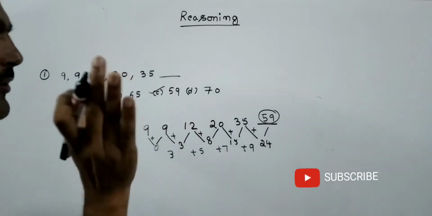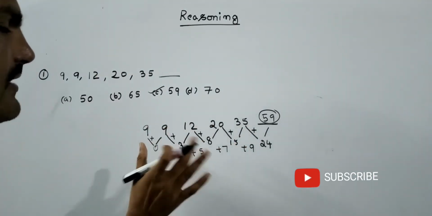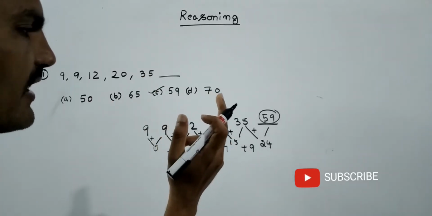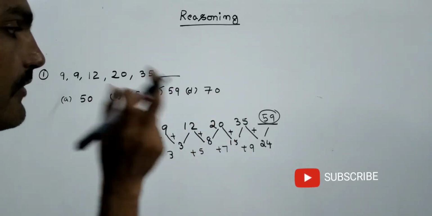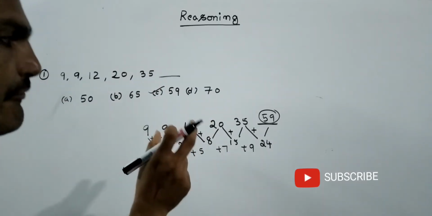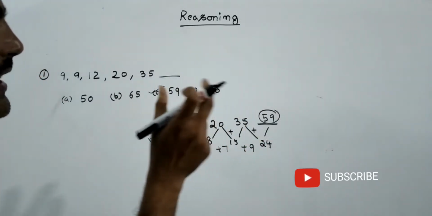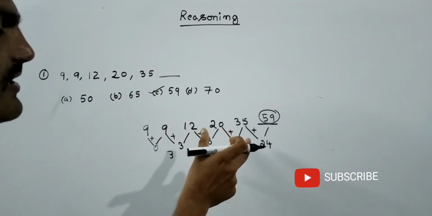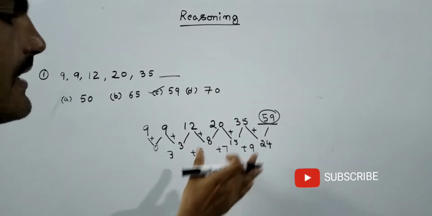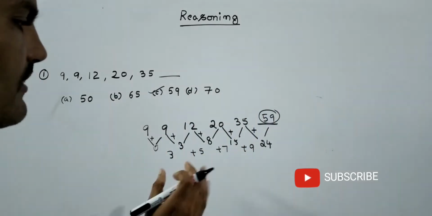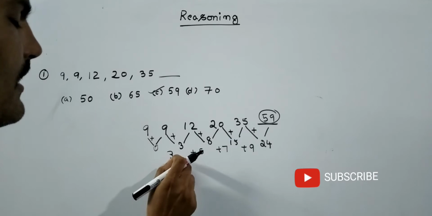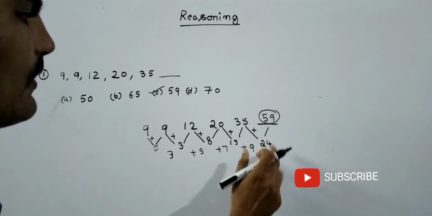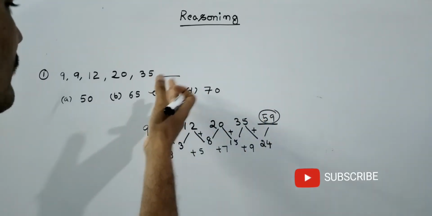How easy it is? Don't confuse it. You just take the difference and find out the logic behind the difference. Then the answer automatically we will get. At the same time, first we have to identify whether the difference is less or more. If the difference is less, then it may be an addition or subtraction. If the difference is more, then it is definitely a multiplication. So here the difference is very less. I found it as an addition. 3, 5, 7, 9, 24. See friends, like this we can do it easily.